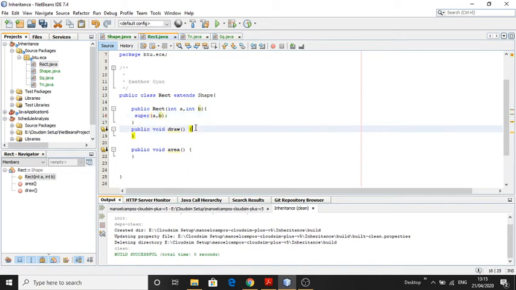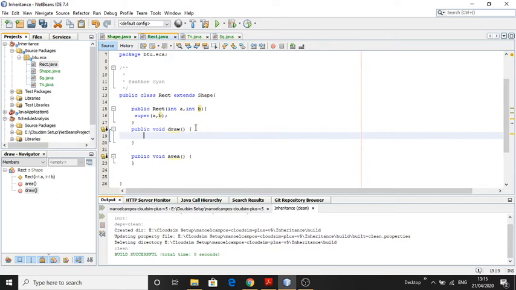And now we will write the logic of draw.